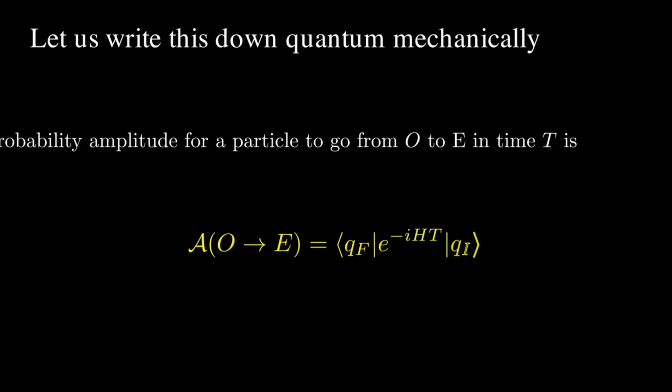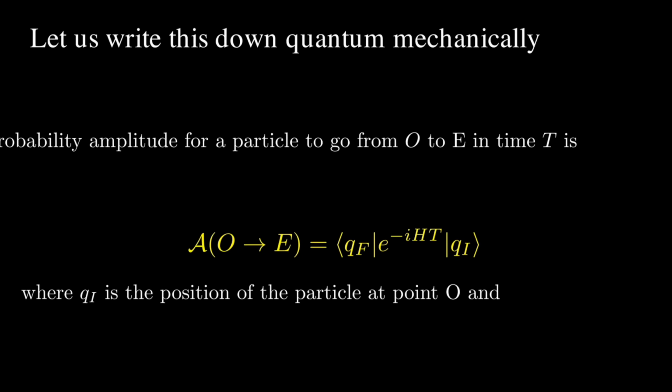And now our task is to show that this probability amplitude, which is given by this expression, can be written as an infinite sum of all possible paths between the point qi and qf. And that's basically our plan that we imagine to define the path integral. So as I said, here we denote qi is the position of the particle at point O, and qf would